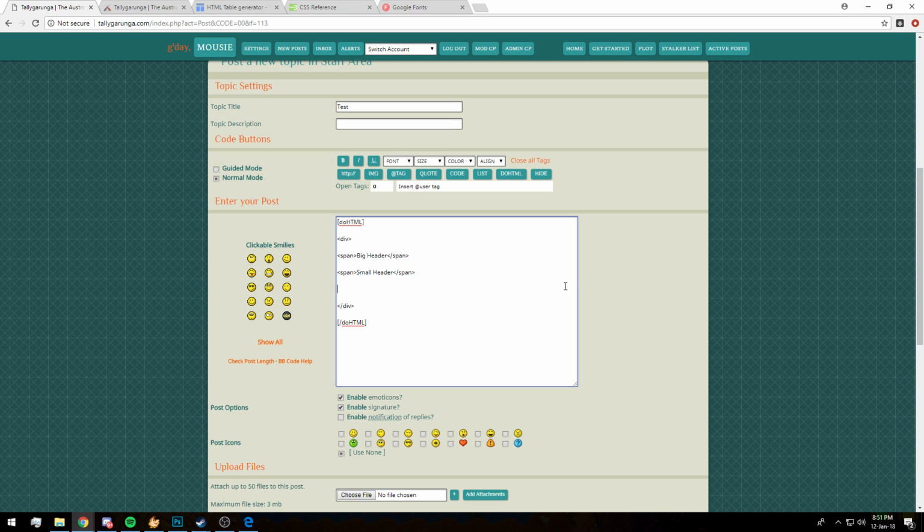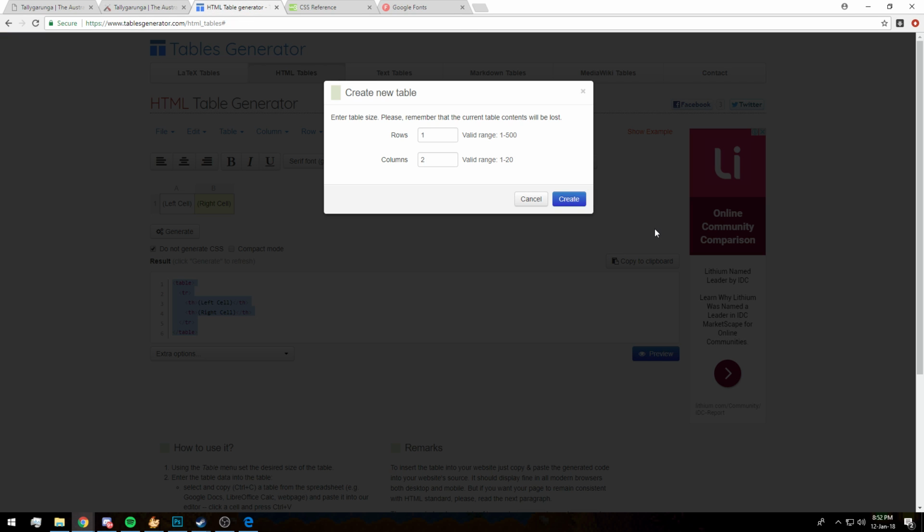And the other thing that we're going to do is put in a table for styling, so I can show you a bit of that as well. I cheat when it comes to tables. I use this thing. It's fantastic because it gives me a visual representation of the table that I'm creating, and if you're like me and you suck at reading HTML, especially tables, which look quite complicated when they're